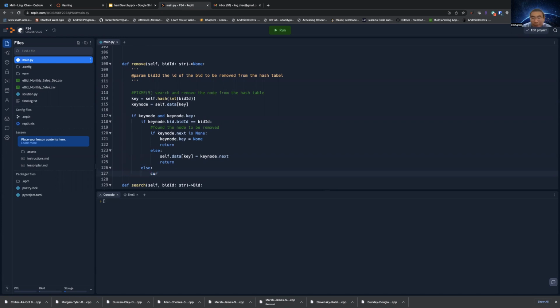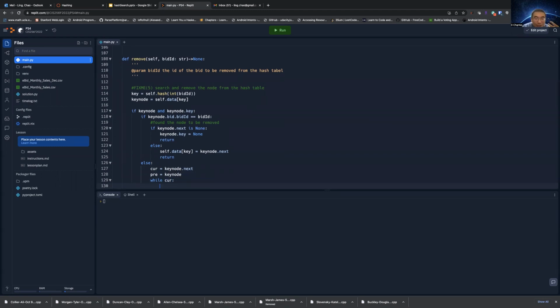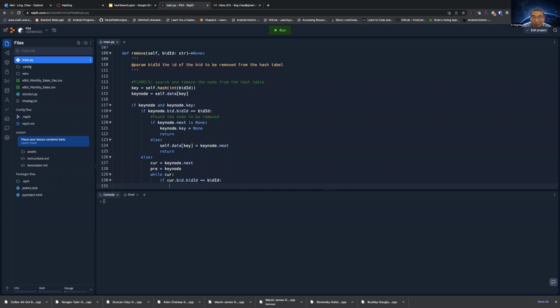So I'm gonna save the current pointer to keynode.next. And I'm saving my current keynode as a previous node. Okay, you will see why I'm doing this. So if the next node is not empty, and if the next node bit ID is equal to bit ID, remember equal equal is comparison, that single equal is assignment, right? So deleting, so I search the next node until I find it. If I find it,